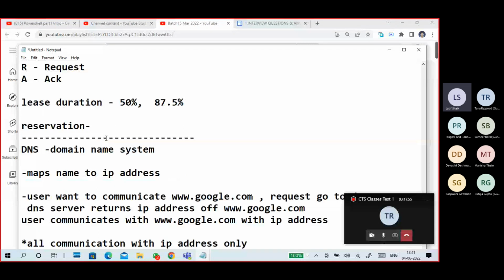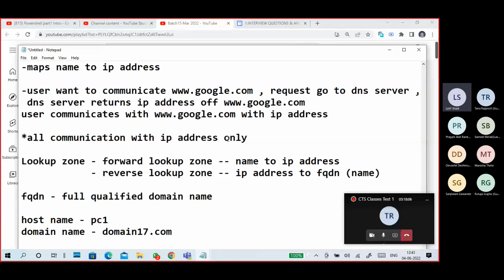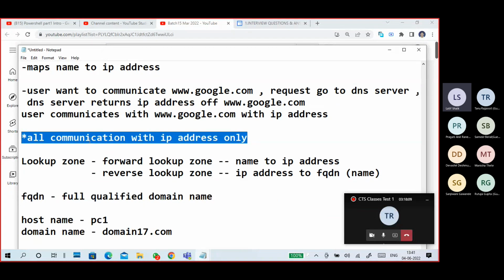DNS, domain name system, it maps name to IP address kind of stuff. Okay, all communications are through IP addresses. So you must know the IP address of the domains, right? www.google.com, gmail.com, yahoo.com, youtube.com, facebook.com kind of stuff. Compulsory need an IP address. So how to get an IP address? You have to ask a DNS server.